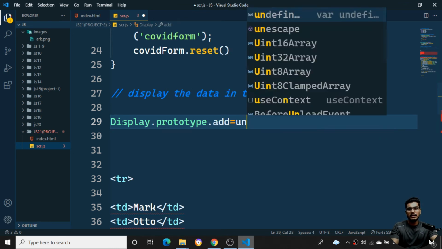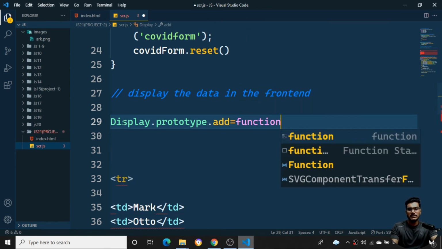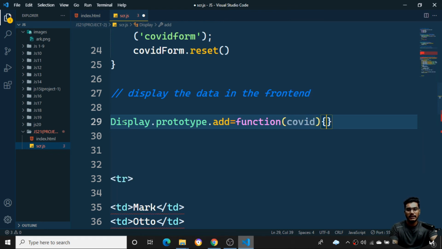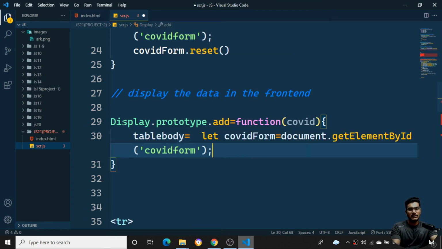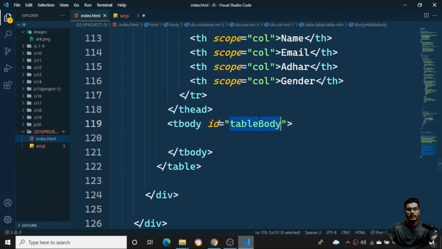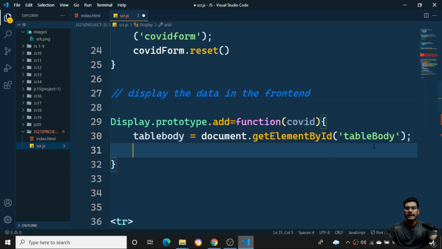So what will the function do? This particular add function: add is equal to function. Basically this function will take the COVID as an object, whatever the object value will be. And here I'll say the particular table body is equal to, so I'll paste document.getElementById. The table body is there, right? So for this one I want to apply document.getElementById. The particular ID name is what? Table body. I'll copy the table body and paste it over here. So after getting the table body with document.getElementById,